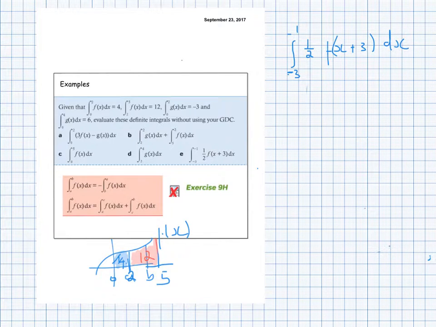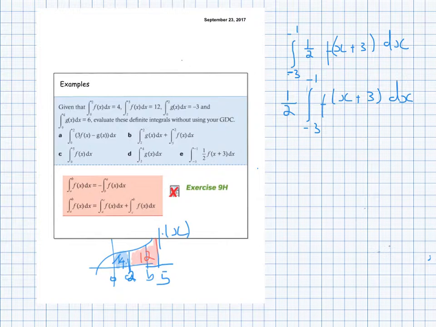The first thing I'm going to do is take out the half. As we've done many times, it's just that multiple. We can multiply the result by a half. It's not going to affect the integration. So then it's f of x plus 3 dx. Okay, if we look at the function f of x plus 3, that is really just a transformation of